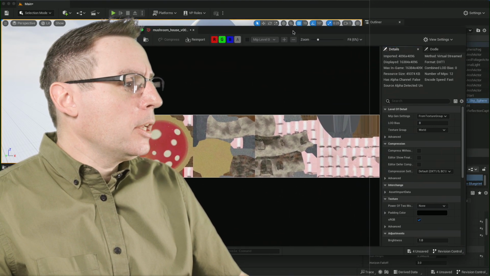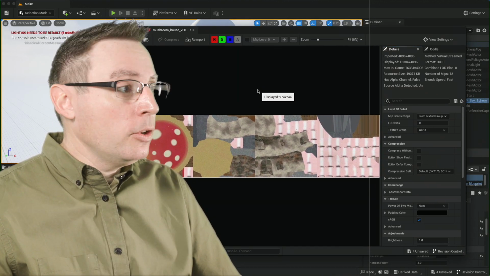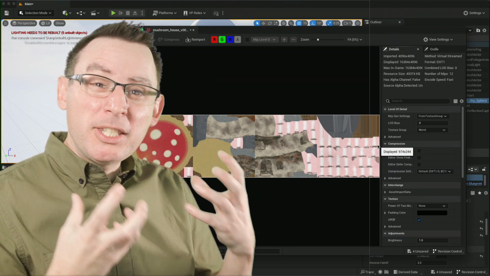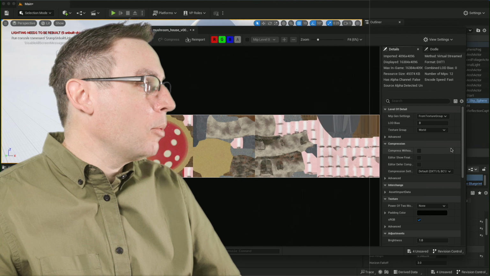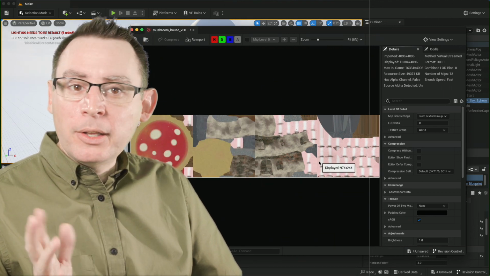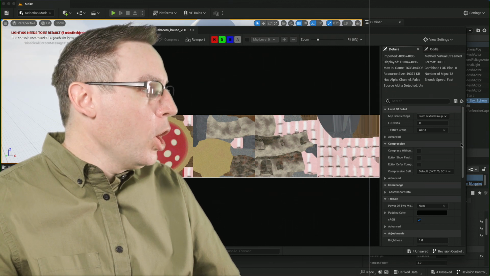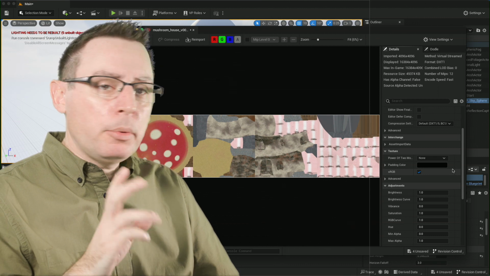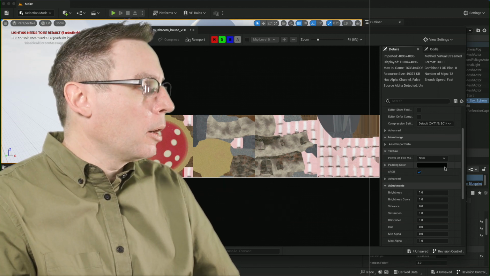Now what we're looking at here is the image. This is an image viewer, excuse me, and it's showing me specifically the base color image that we imported in. I double clicked on my base color and this is what we got. And everything's looking pretty good. Just a simple spot check. What we want to do in here is that we need to make sure that there's a couple specific things that we are looking at.